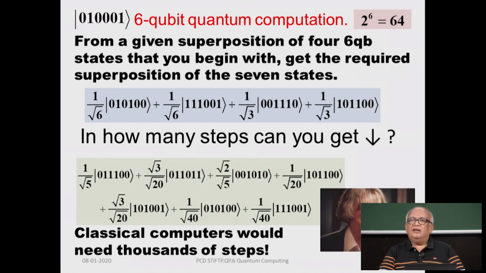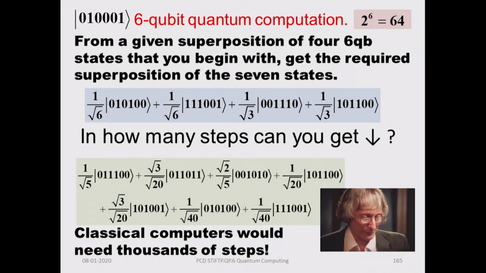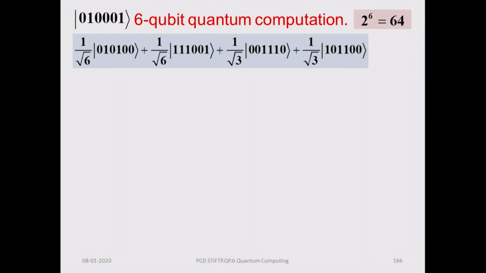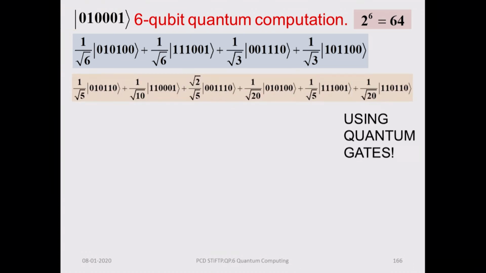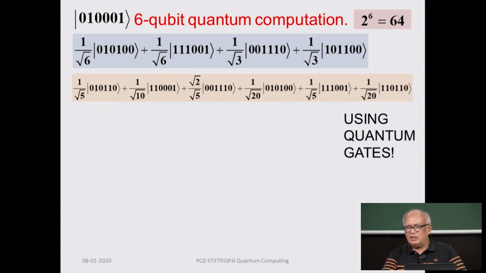But using quantum strategies, because you already learned from Deutsch that you can process a lot of information using quantum gates in a smaller number of steps. The Deutsch gate enables you to get a result in 1 step for which a classical computer will need 2 steps. So, the advantage is not just a factor of 2 to 1, you will see now what would require thousands of steps, and not just the controlled NOT gate, but you need additional quantum gates which you can work with. You begin with this combination, then put it through a quantum gate, you get this step, 1 step,